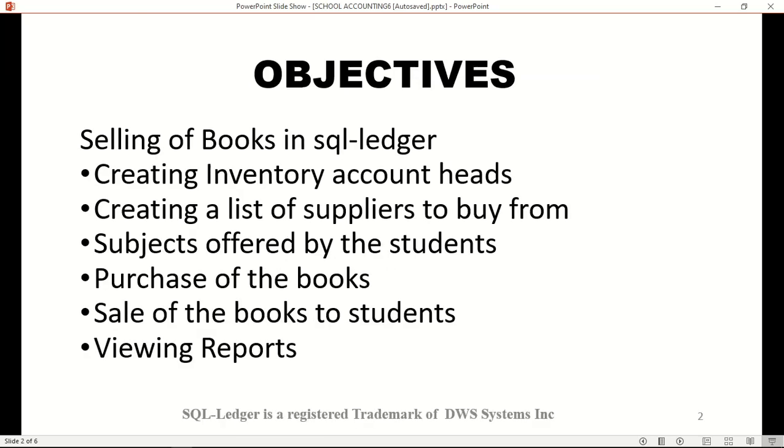We shall be creating inventory account sets, creating a list of suppliers to buy from, because if you are going to buy books, you must first of all have a supplier that will sell the books to you, and the books must be bought according to the subjects that are offered by the students. And then we buy the books, and when we have bought the books, is when we have them in stock